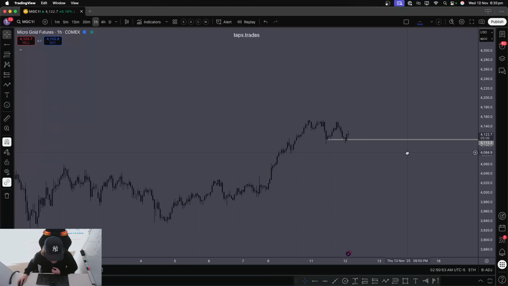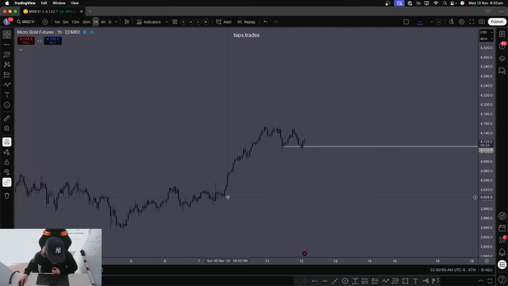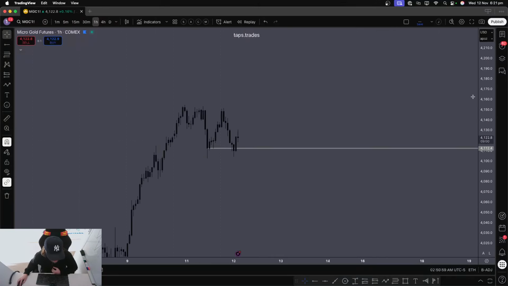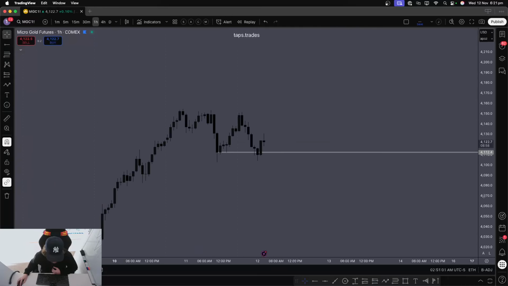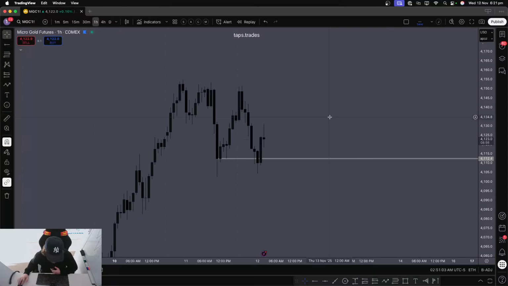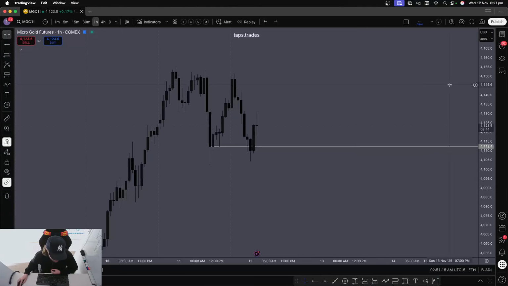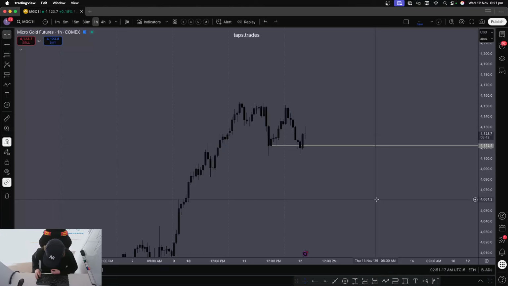But the price of gold, this is a very, very strong move. So to be honest, I wouldn't be surprised if maybe, I have no idea what's going to happen. So I'm just going to wait for the ICC methodology to play out, and then I'll take a trade accordingly. But we could come back, potentially fake people out here before moving back up again, because the overall trend, if we're then going to say a 4-hour time frame,